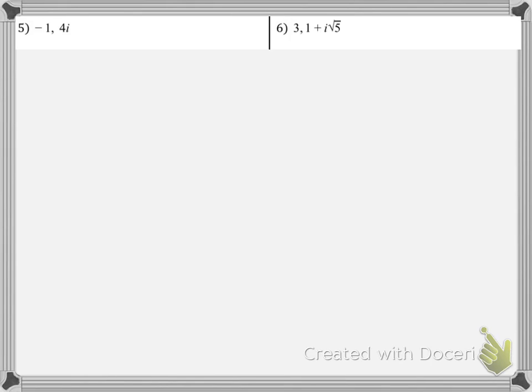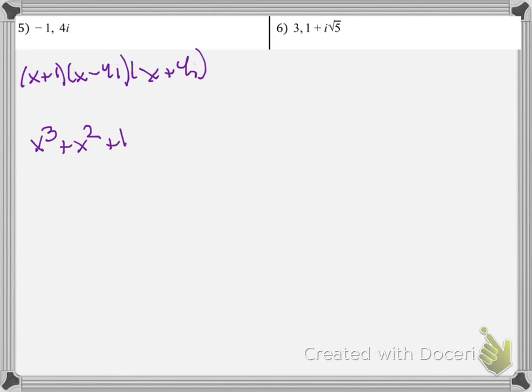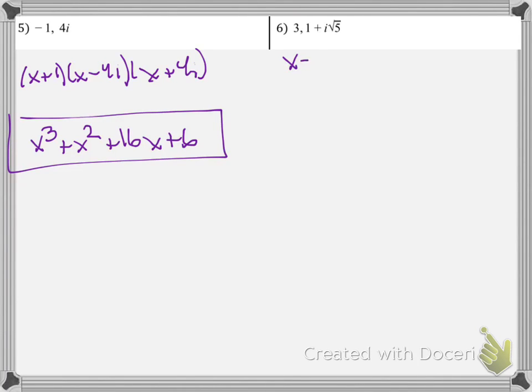Okay, so first of all, to set this up, this would be x plus 1 times x minus 4i times x plus 4i. Okay, then when you finish this out, this one would be x cubed plus x squared plus 16x plus 16. The second one, you would write that as x minus 3 times x